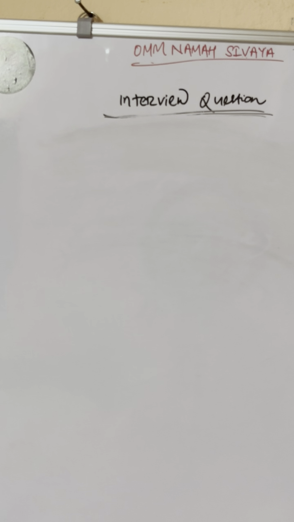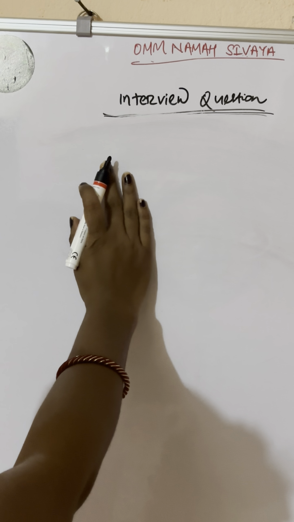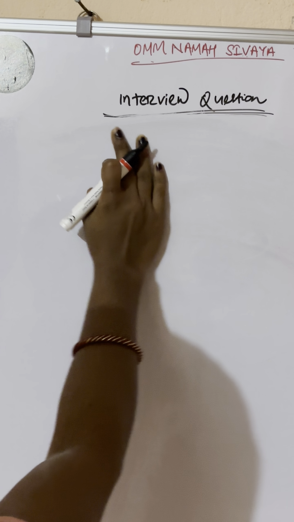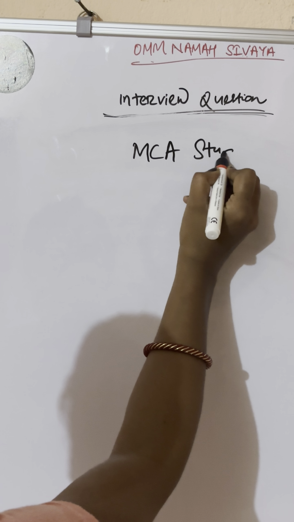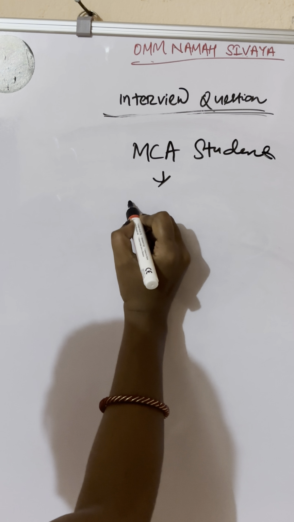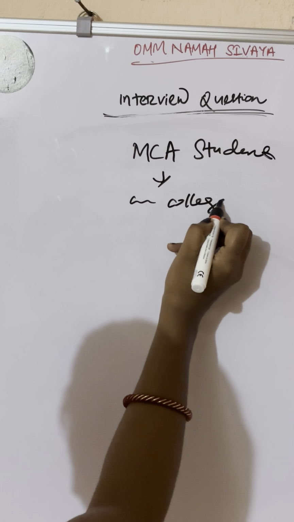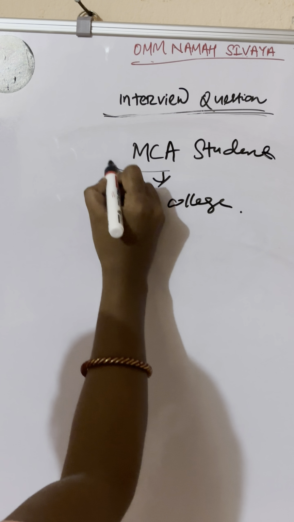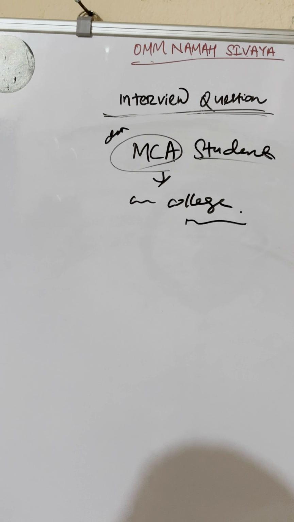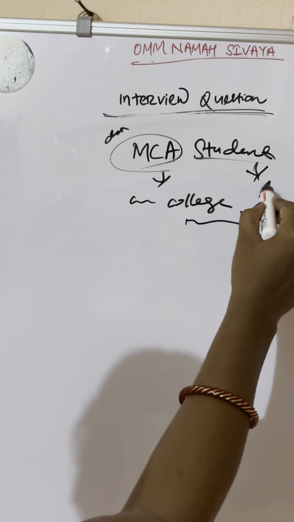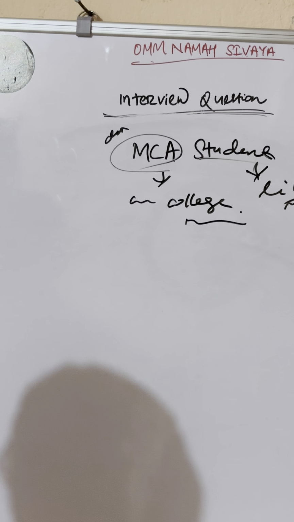What is composition? And what is aggregation? Composition means, suppose I am a student, okay, I am an MCA student, I am reading in a college, okay, this is the department, this is the college and I am a student, okay. In this case, every student is going to the library to read and to practice. Okay. So in this case, the student and library